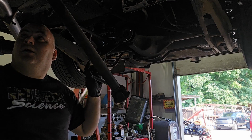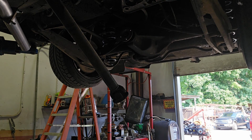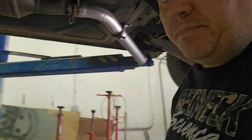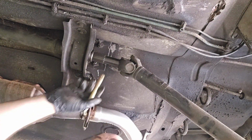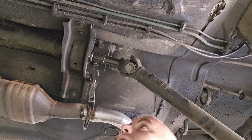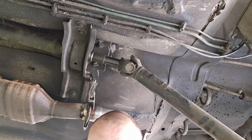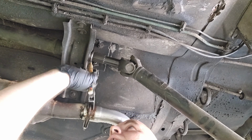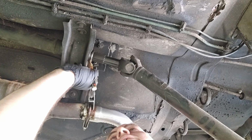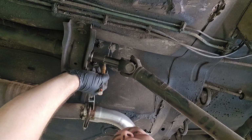So now, what I'm going to do, and this is good practice, I'll show you. You put these on the lift, and I gotta grab something real quick. So, this is good practice. Right here is where the carrier, the center of the center yoke and the rear shaft meet, right on your carrier. Paint a mark and paint a mark on what tooth lines up,